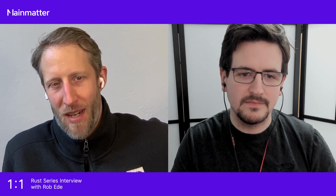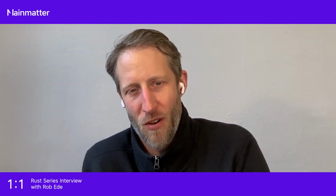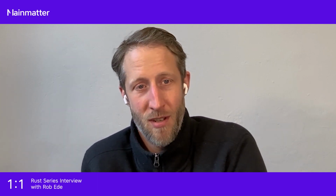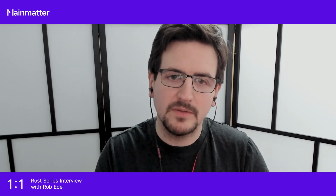So would you see a future where actix-web or other frameworks in Rust can be similarly approachable to something like express.js, but at the same time giving you all of the benefits of Rust, so for free, essentially, like zero cost abstractions? Yeah, I think that's definitely possible. At the same level of abstraction, the micro framework model that I would describe Express and actix-web as,